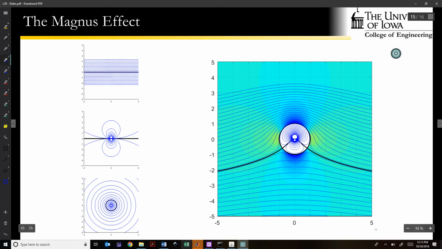If we really zoomed in, what we see is that these blue regions right here and here are regions where the pressure is relatively low. But if we really zoomed in, we would find that the pressure on the top here is actually a little bit lower than the pressure on the bottom. And if we integrate it around, what we would get is that there's a resultant lift on our baseball. So this is a mathematical description of what we call